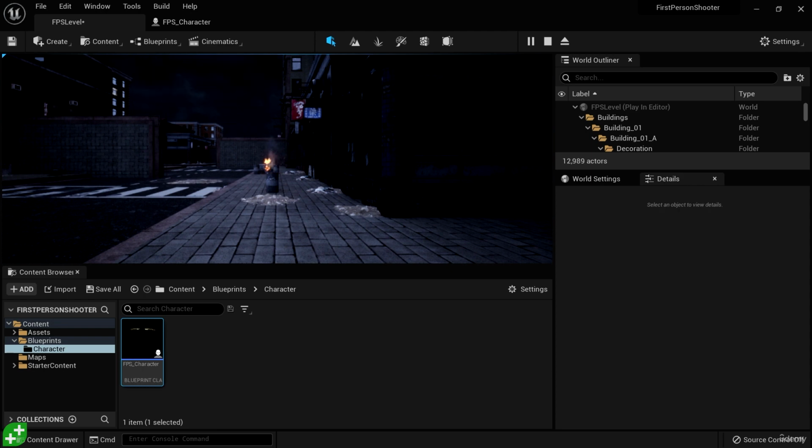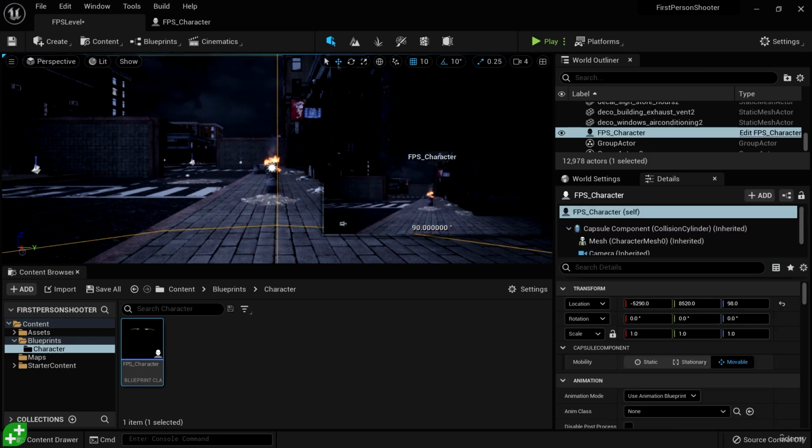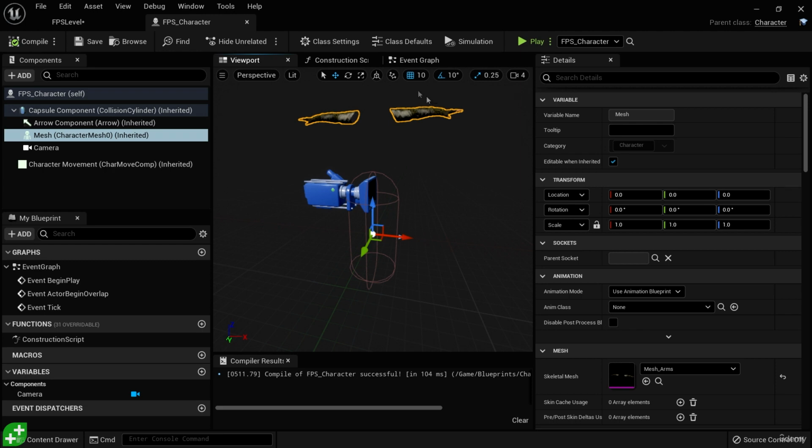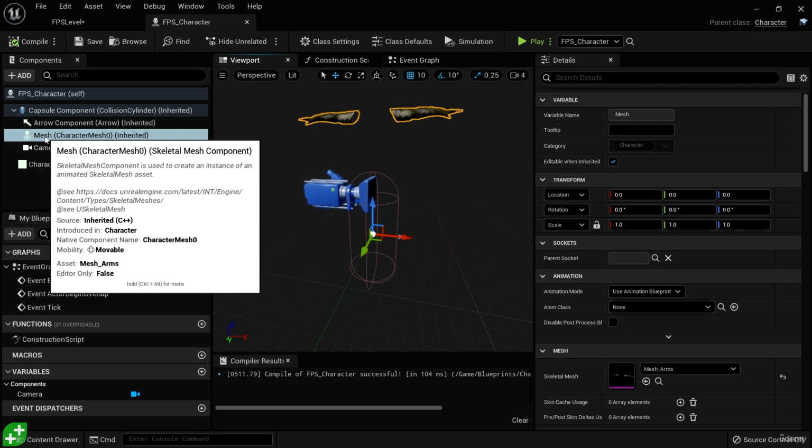And in this character, we have not yet implemented any functionality for moving around. We're going to have to do that ourselves. I'm going to go ahead and click Stop Simulation and go back to the FPS character. Now, if we click on the arms to select the skeletal mesh component, or we could click on Mesh in